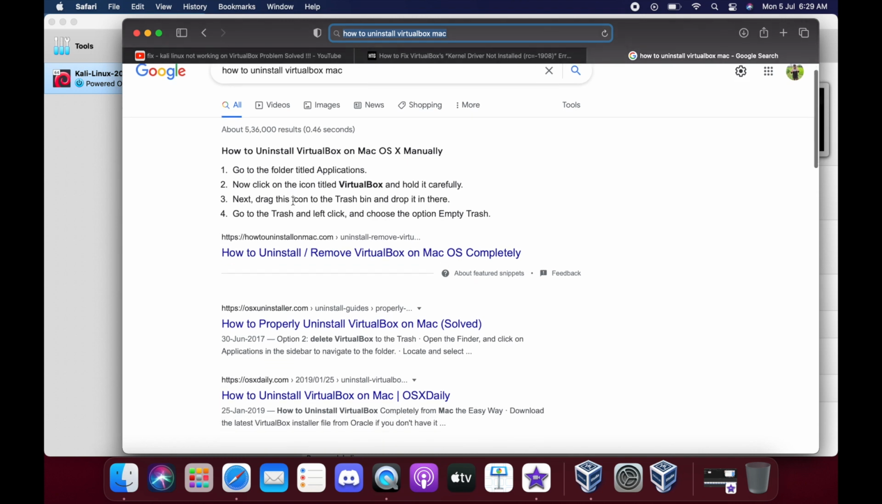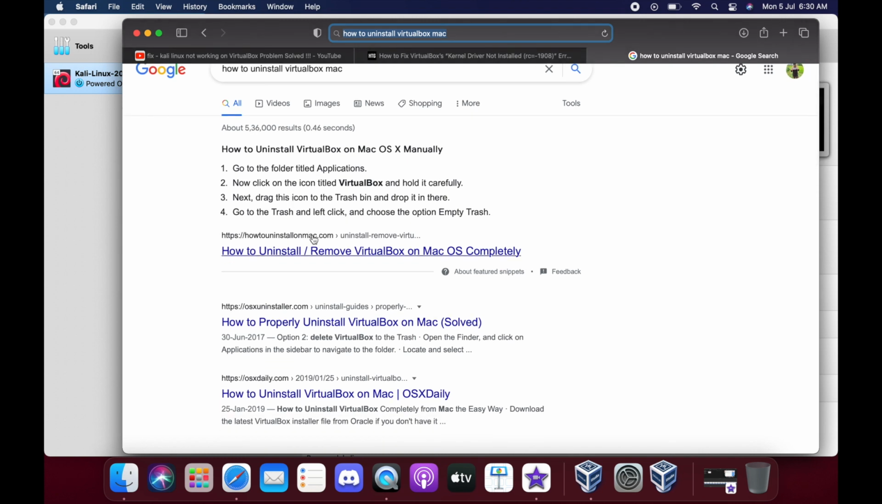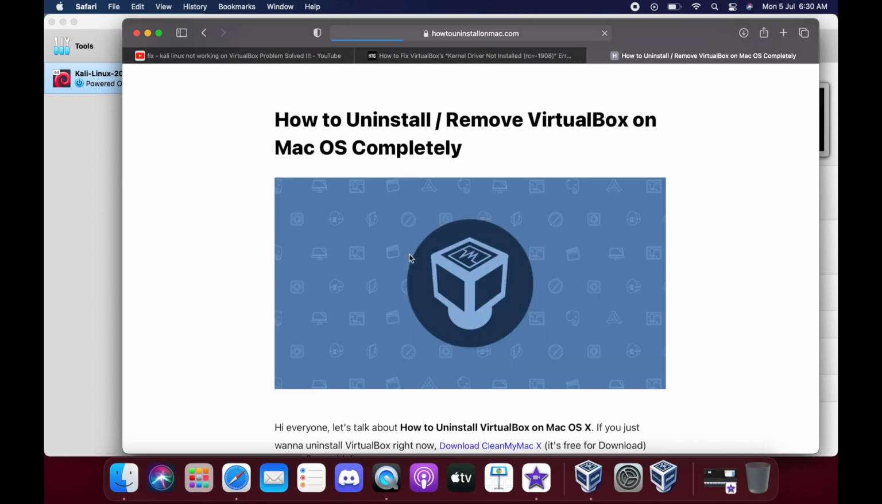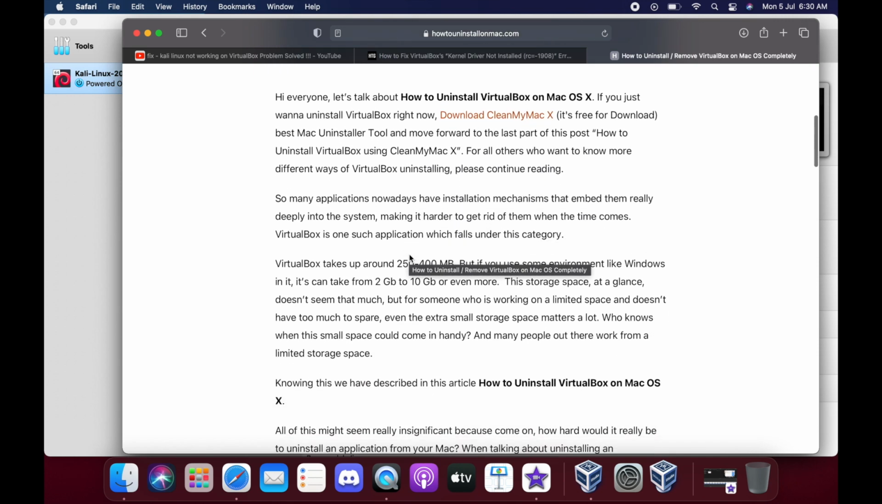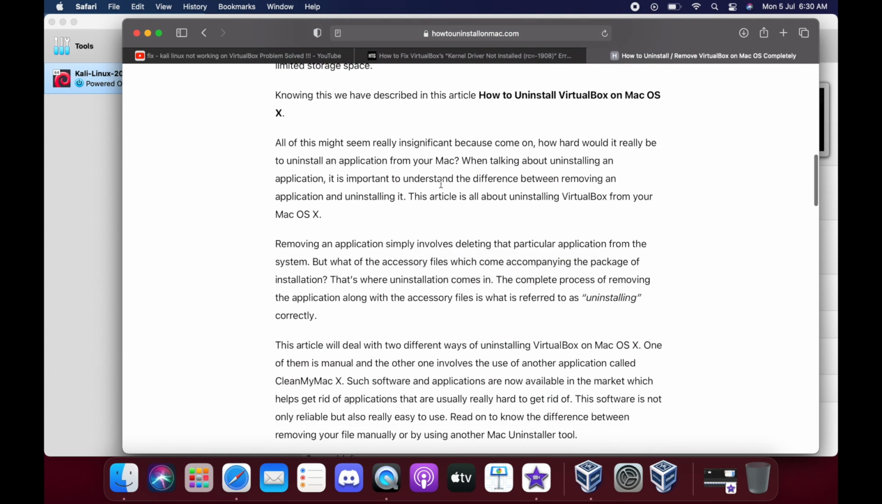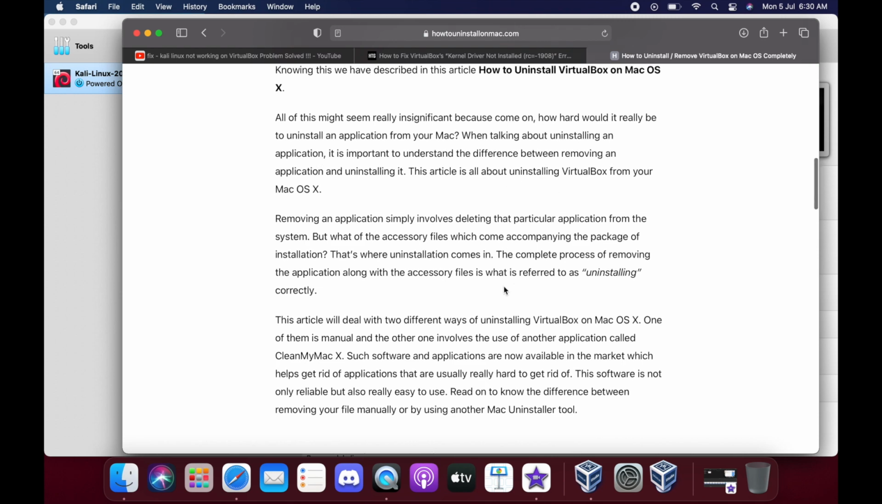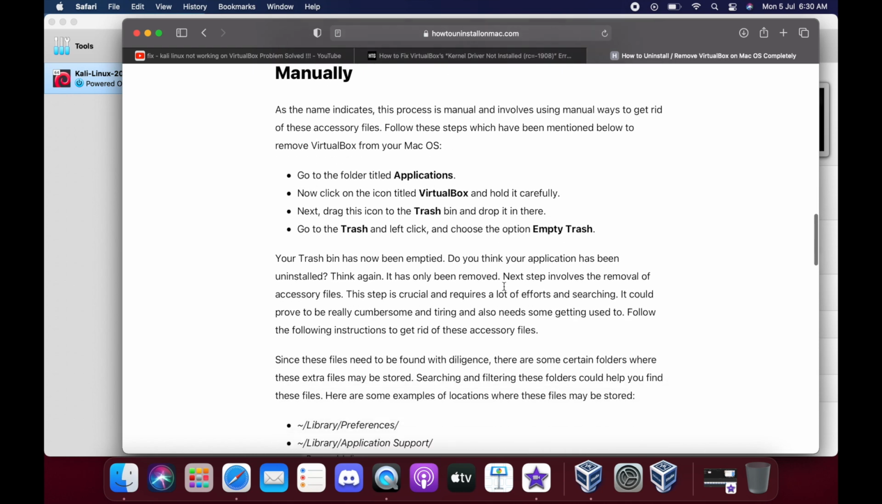Okay, so they are saying go to the folder titled Applications. I need to search for the application. Now click on VirtualBox and hold it carefully. Next, drag this icon to the trash bin and drop it there. Uninstall or remove VirtualBox on Mac OS completely. Let's see what they are saying. When talking about uninstalling an application, it is important to understand the difference between removing an application and installing it. This article is all about uninstalling VirtualBox. Yeah, that is what I just want to know, how to uninstall VirtualBox